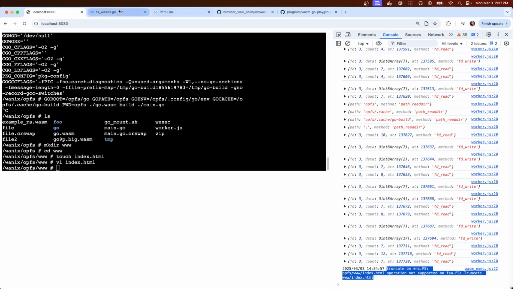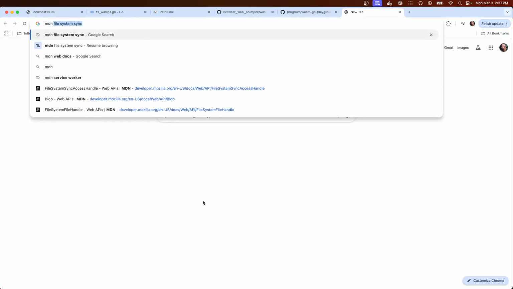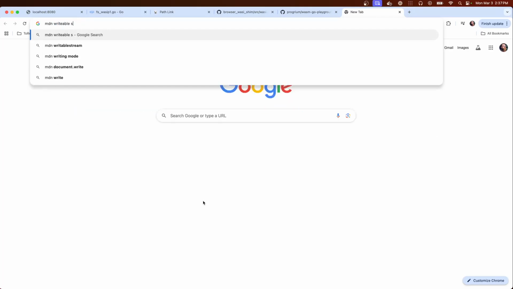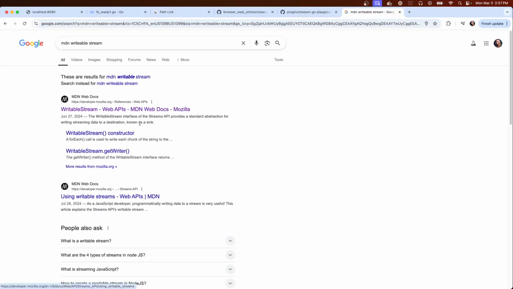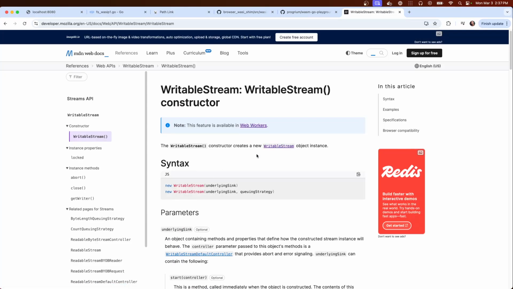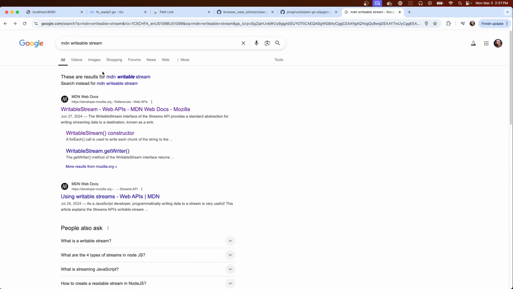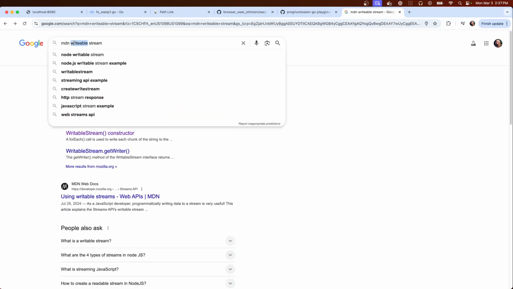Because I think there is supposed to be a way you can truncate. MDN, writable stream. No, I want the one that the file systems have.